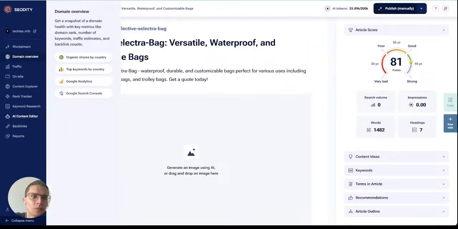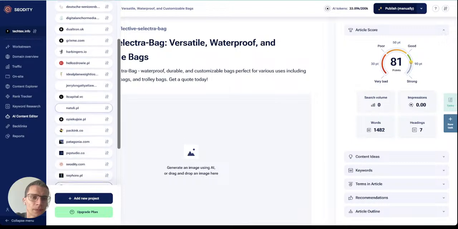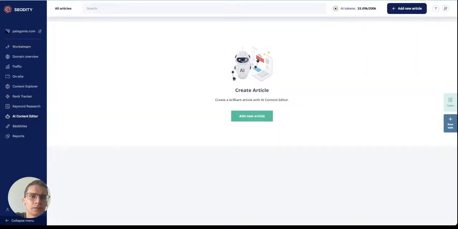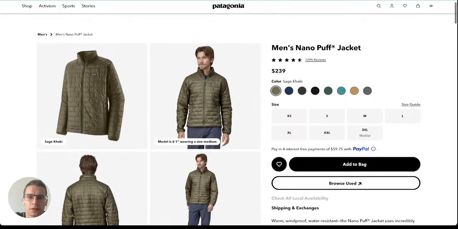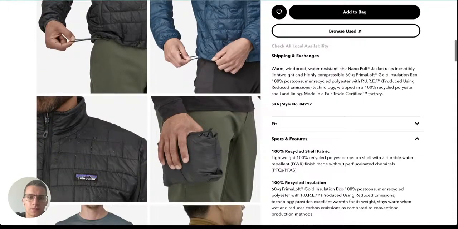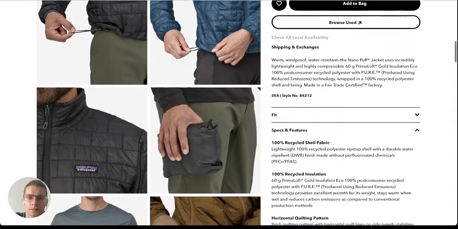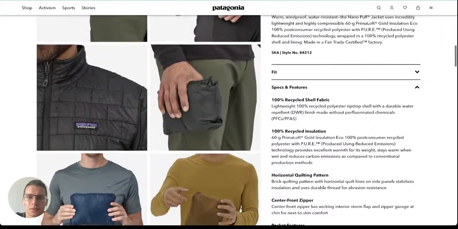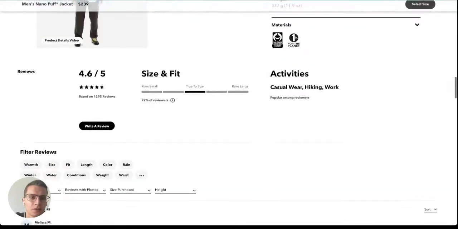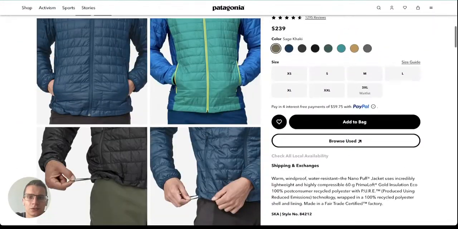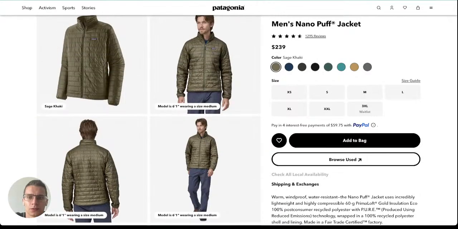what more can we do with it? So let's go back to the Patagonia project, and let's see this page. I think it's really a good product page. You have these specs, features, really a good amount of data here. You also have some reviews, so yeah, let's try to use this page to generate